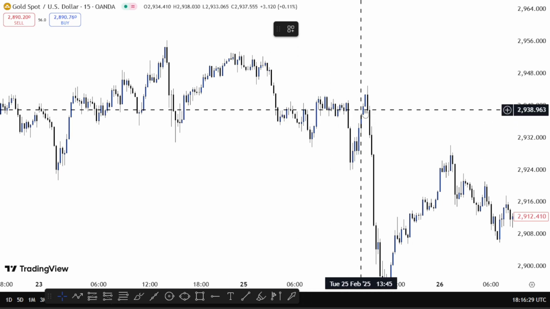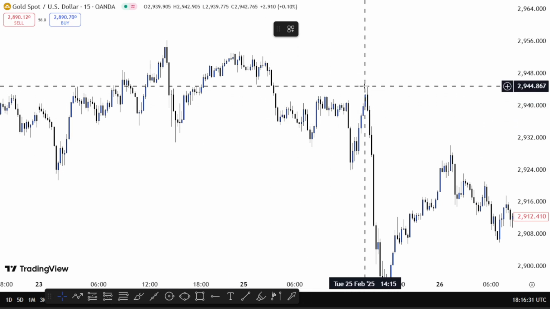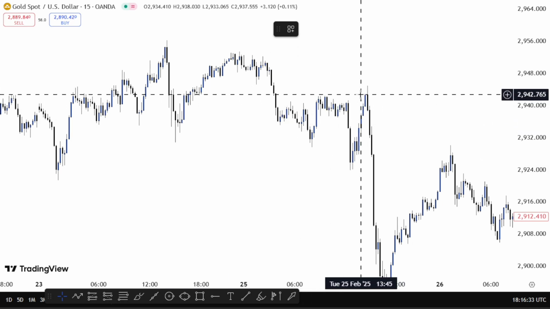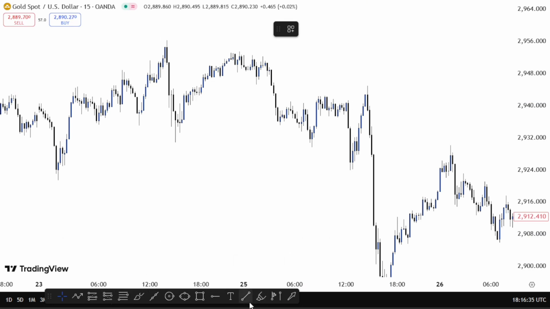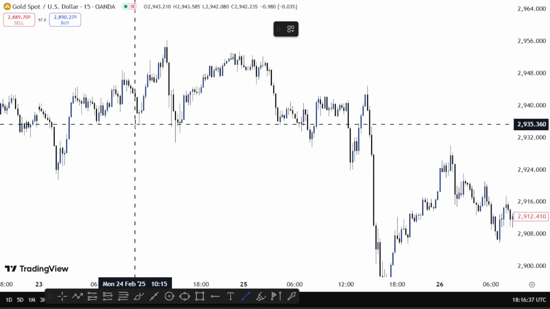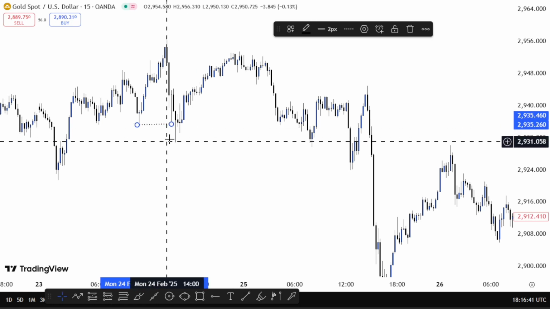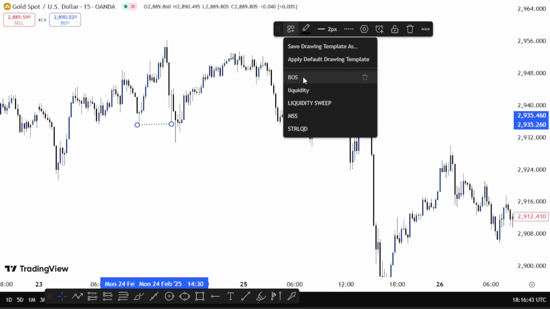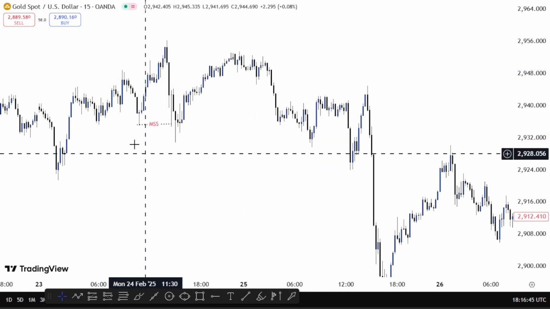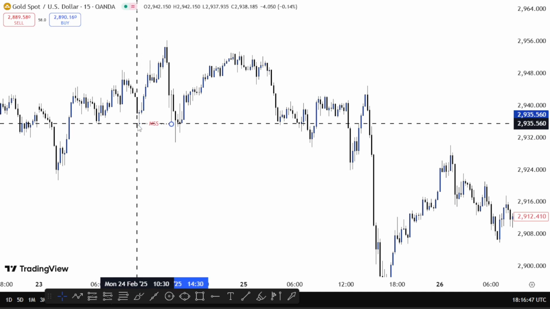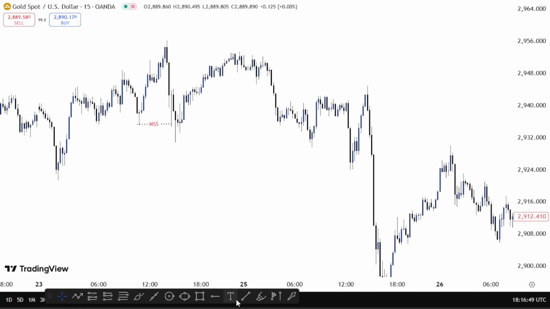Yeah, if you come here, 25th was actually Tuesday. So you can see that was Tuesday last week. I won't know it so precisely if I don't take this trade. We have a sweep and a market structure shift right there. You're looking at it. Since we have a market structure shift,